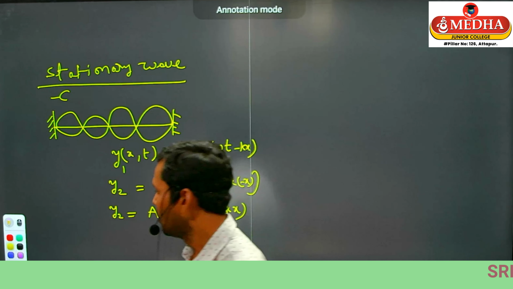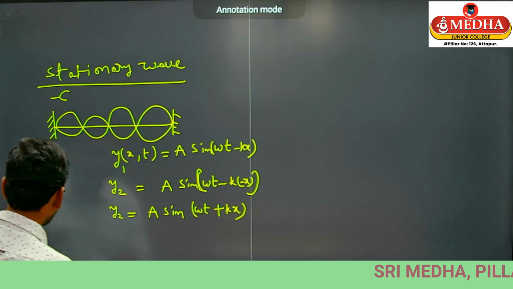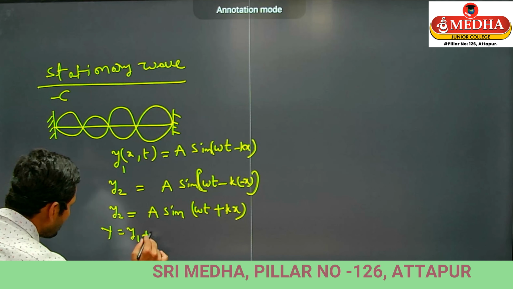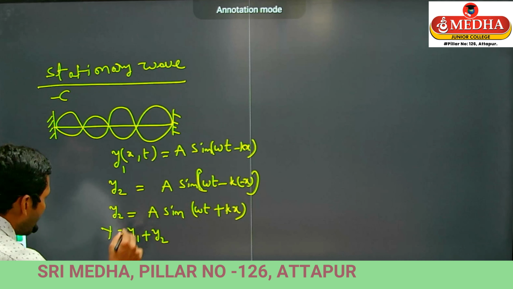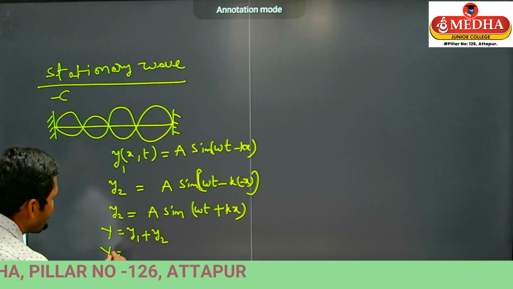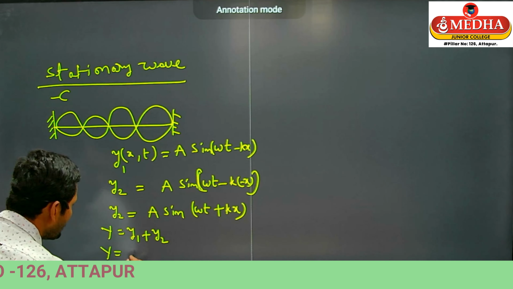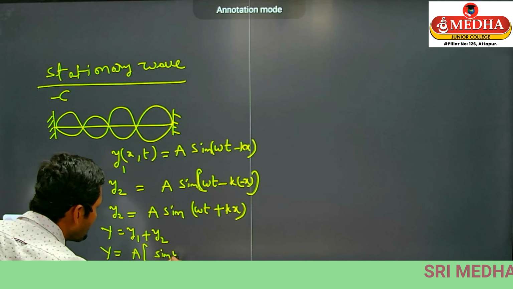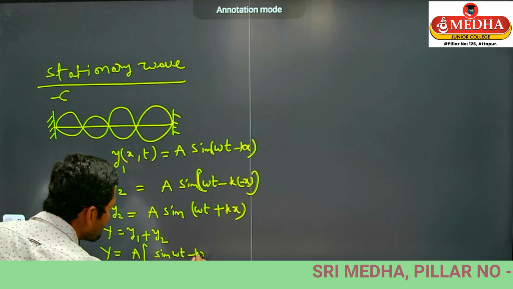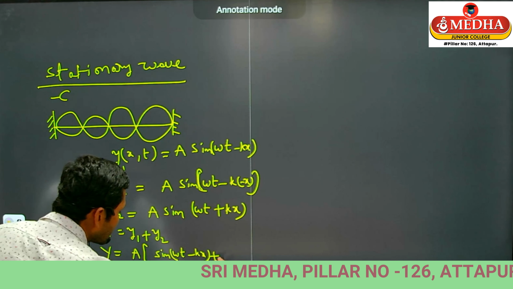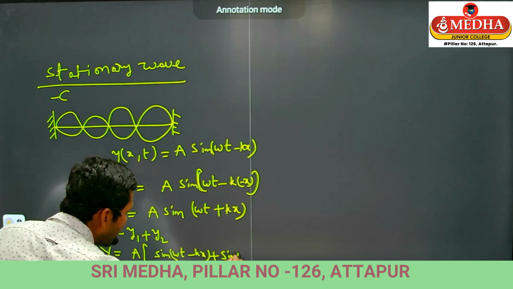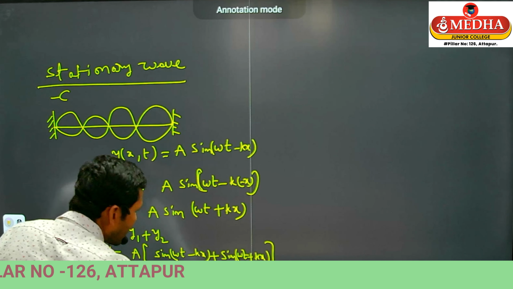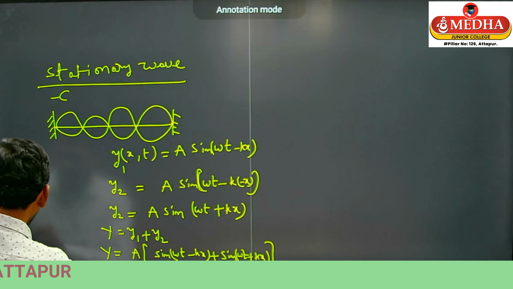So y is equal to y1 plus y2. After substituting these two values of y1 and y2 in this equation, I am taking a common: a times sin(omega t minus kx) plus sin(omega t plus kx). Right. Next, applying here